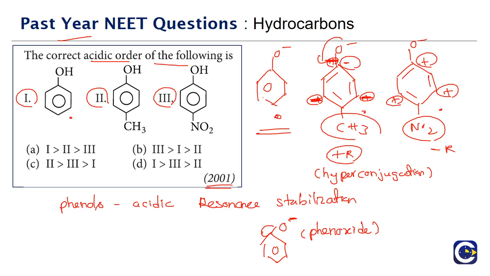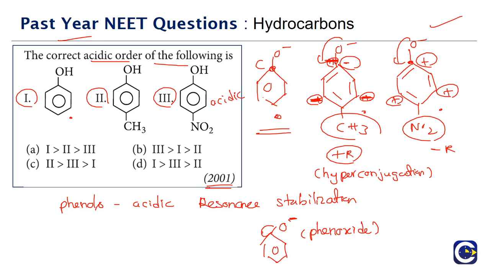Whereas if you look at the nitro anion, here the carbon is getting a positive charge. In comparison to the original phenoxide ion, where carbon will have no charge, here because of the minus R effect of the nitro group, this carbon is getting a partial positive charge. As a result, it will be able to pull the electron density on the O minus more strongly than in the case of the phenoxide ion. So the delocalization of the negative charge in oxygen will happen more strongly in this case, means compound 3 is going to be more acidic.